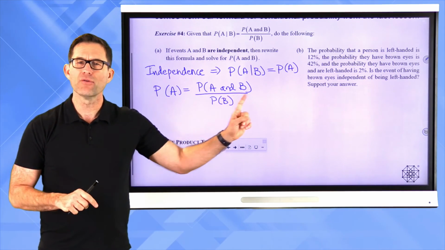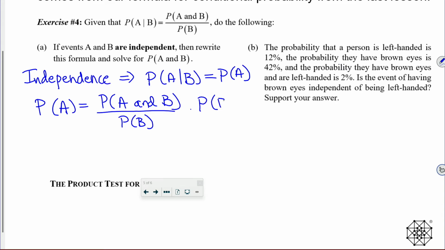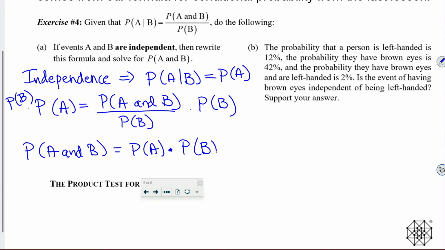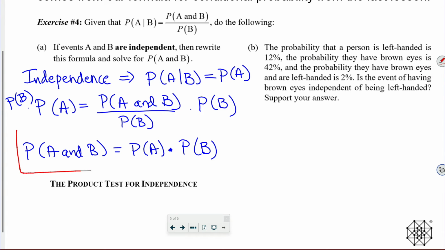But now I could multiply both sides of this equation by the probability of B, and I could find that the probability of A and B is equal to the probability of A times the probability of B. And this, let me put it in red, is a nifty little test